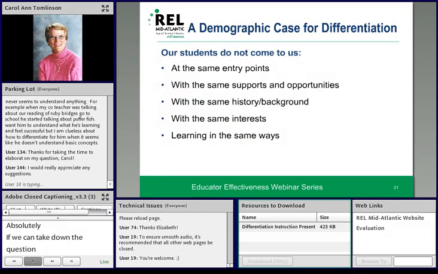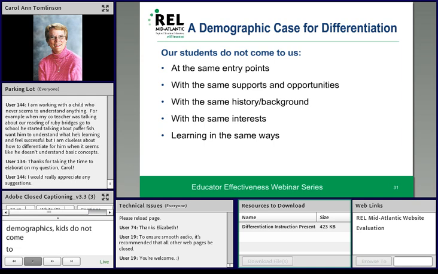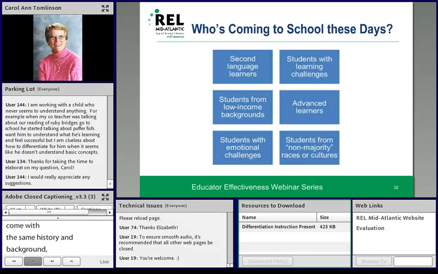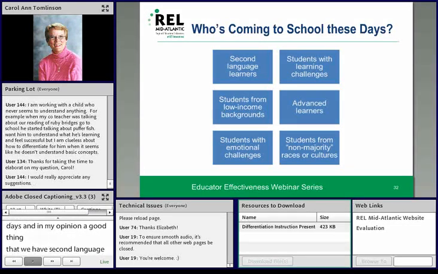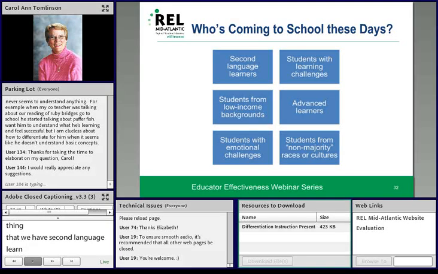In terms of demographics, just really quickly, our kids do not come to us at the same entry point. They don't come with the same supports and opportunities as each other. They don't come with the same history and background, same interest, or necessarily learning in the same ways. It's very common these days, and in my opinion, a good thing, that we have second language learners seated next to a kid with learning challenges, seated next to a kid from a low-income background, seated next to an advanced learner, seated next to a kid with an emotional challenge, seated next to kids from a variety of races and cultures,